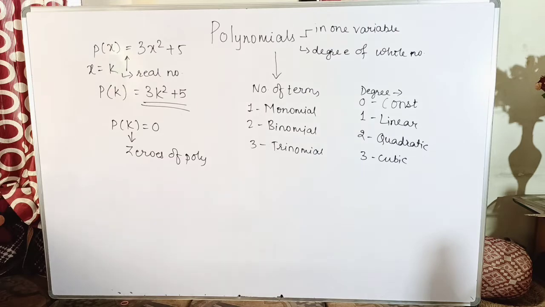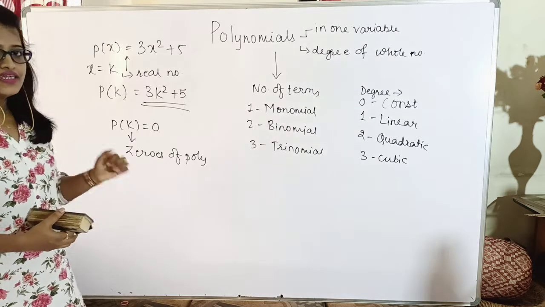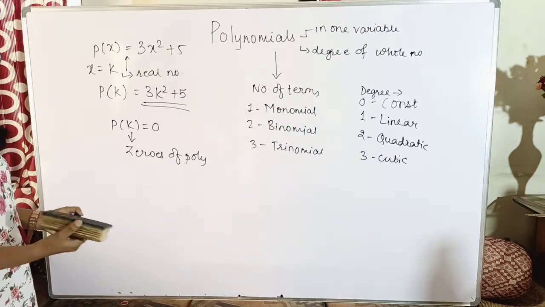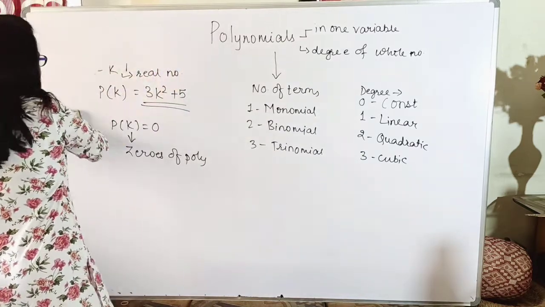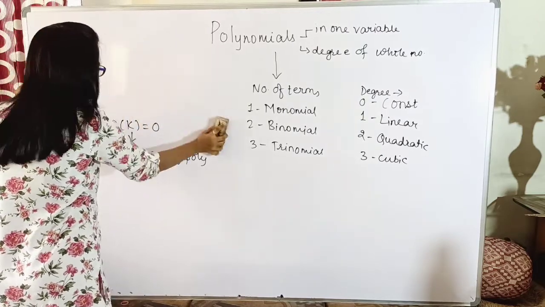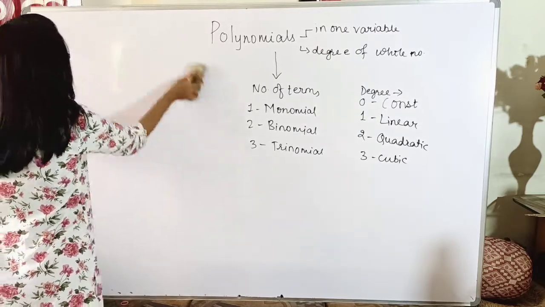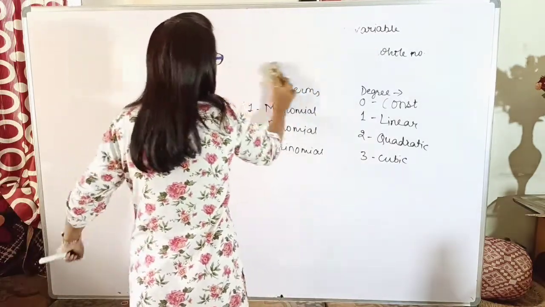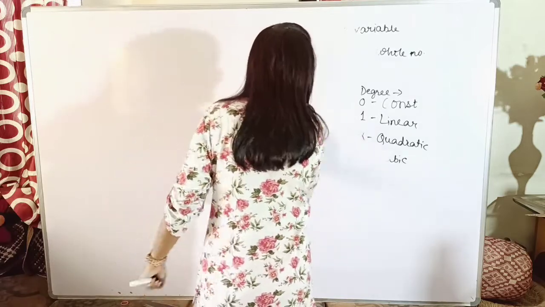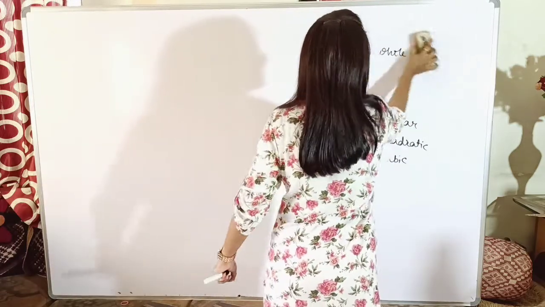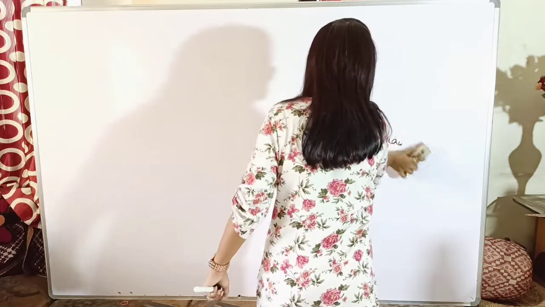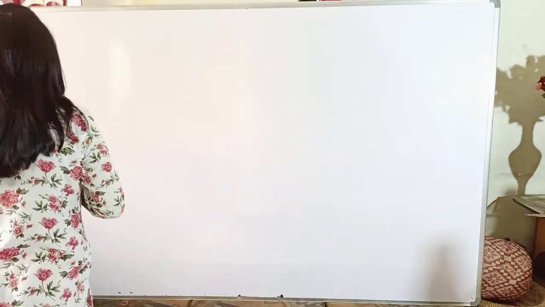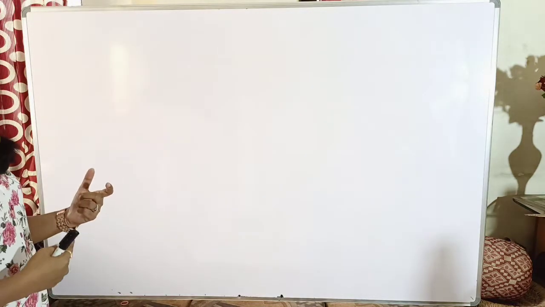Yes, now whatever we have seen, let us try to see, is there any relation between the zero of the polynomial and its graphical representation. Okay, so suppose we take the equation of the graph and try to plot it, and then let us see if there is any relation between the zeros of the polynomial and its graphical representation. Graphical representation means you have to consider an equation and plot it on the graph. You already know how to plot it. Okay, so now let us go step by step.